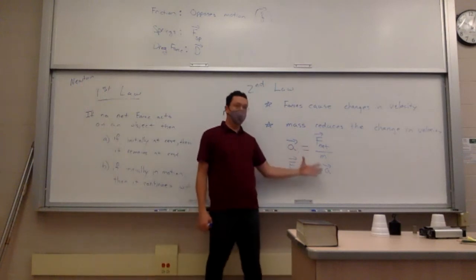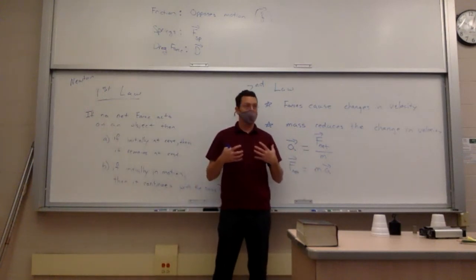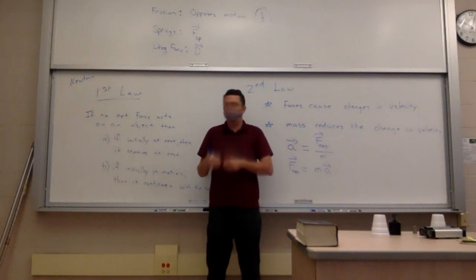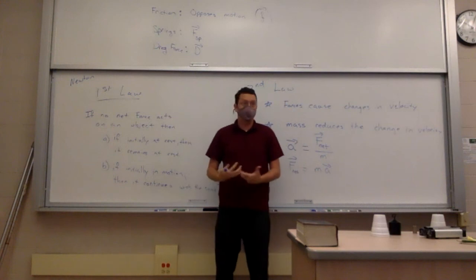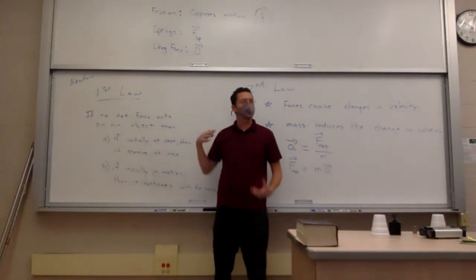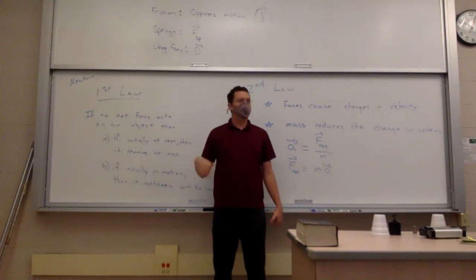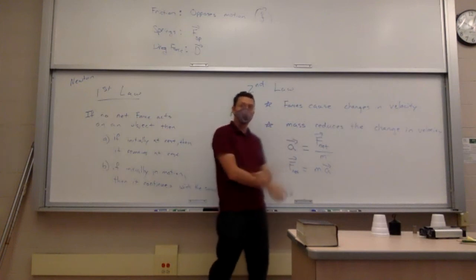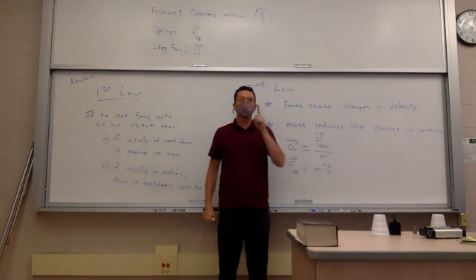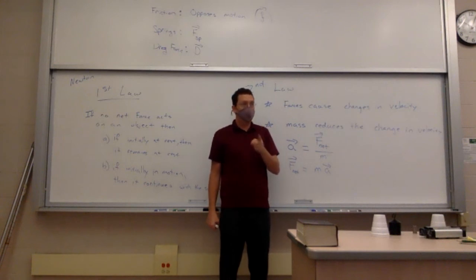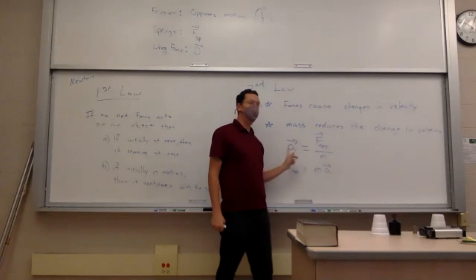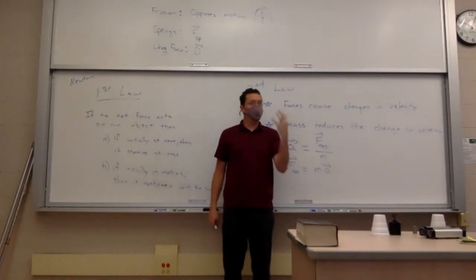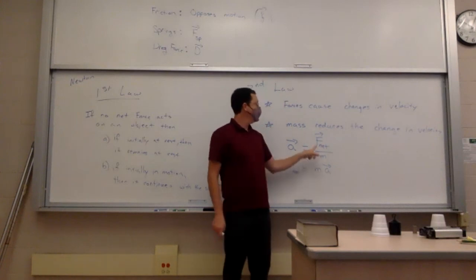So this formula, this is Newton's second law. This is the big workhorse, right? It's the thing that really shows the connection between forces and motion. I mean, the first law is kind of a null result sort of thing. It says what happens if nothing's going on. This is the thing that really shows what forces do to objects. Okay? Forces don't make motion, they make changes to motion. Okay? You don't need a force to have a velocity. You need a force to make a change in velocity, or you need a force to have an acceleration. If an object has no acceleration, turn it around and say there's no net force.